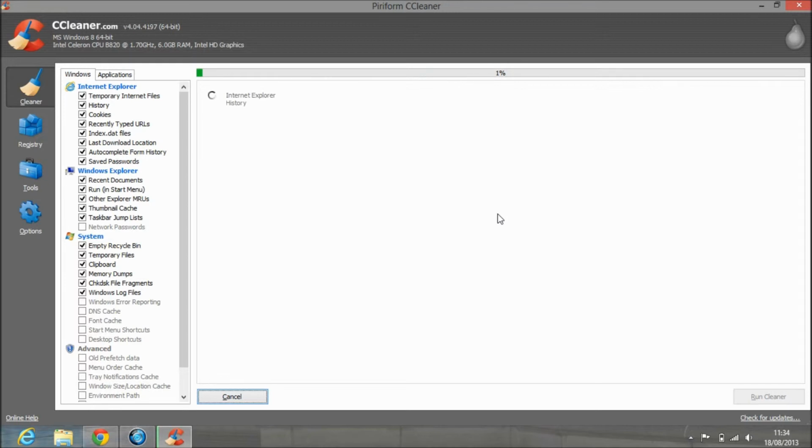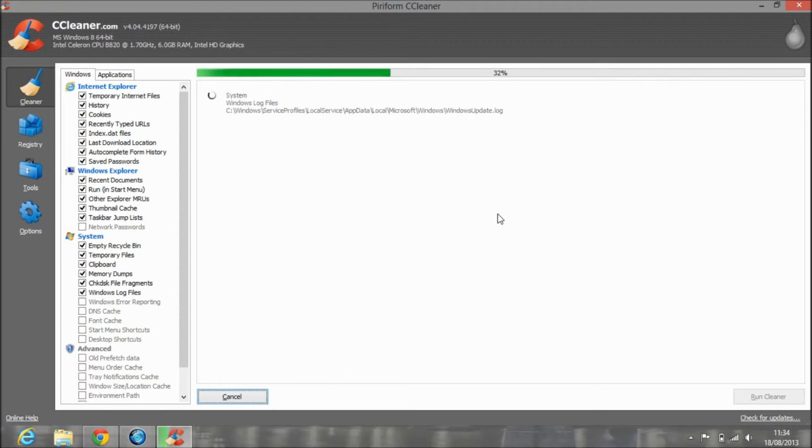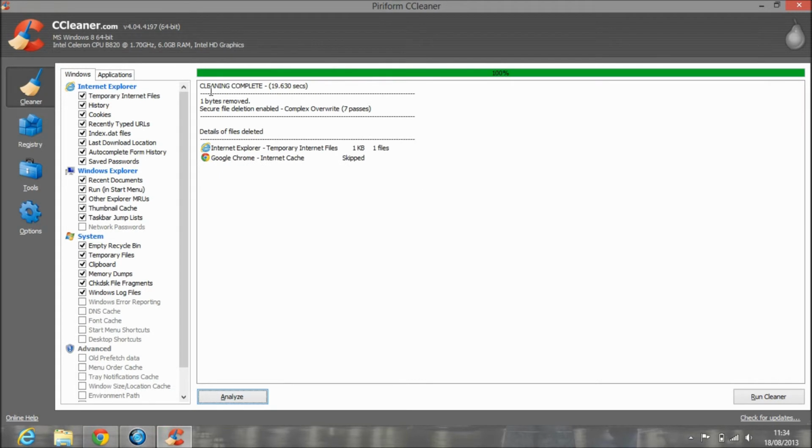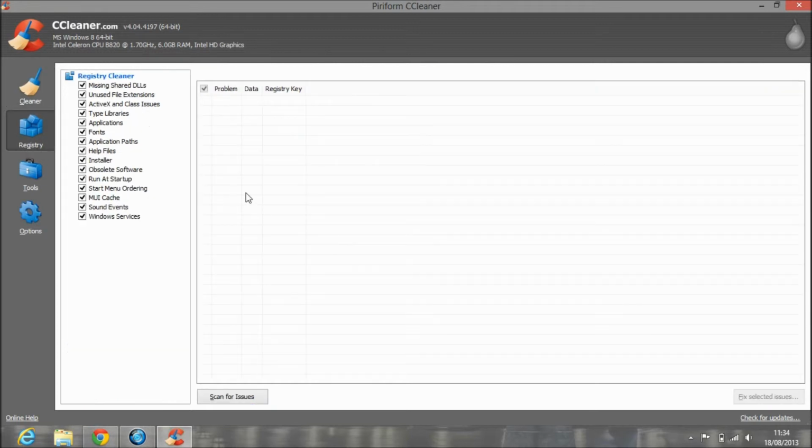So it's going through it again. It's really good software. I do recommend it highly. So there you go. And once it goes down to 1 byte, then you don't have to press it again. It's pretty pointless. So now we're going to go to registry, and registry, obviously, as I said, it gets rid